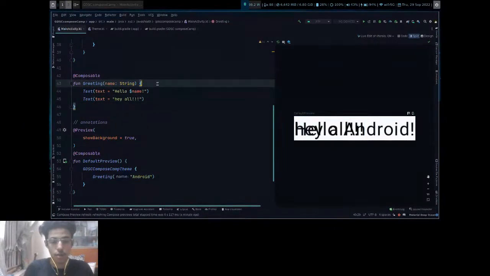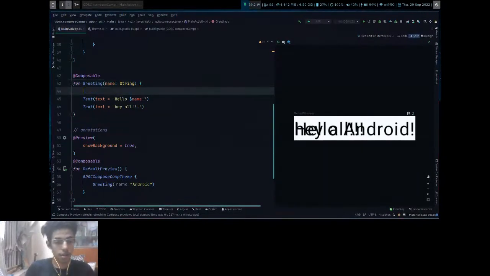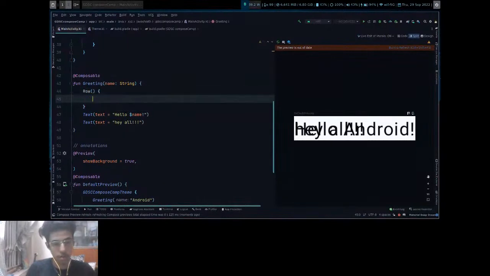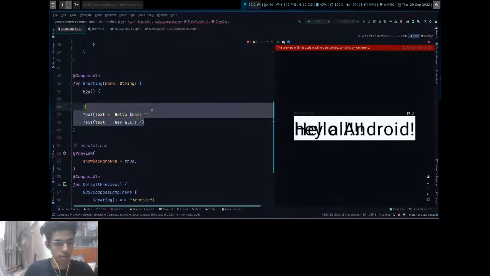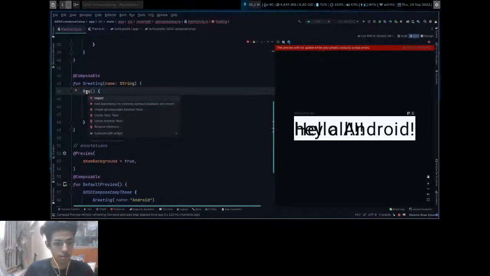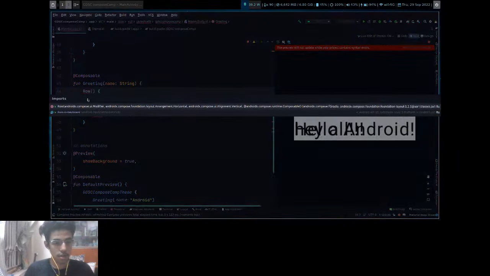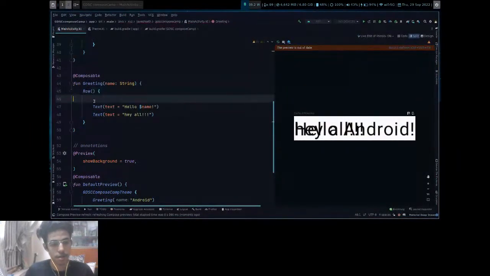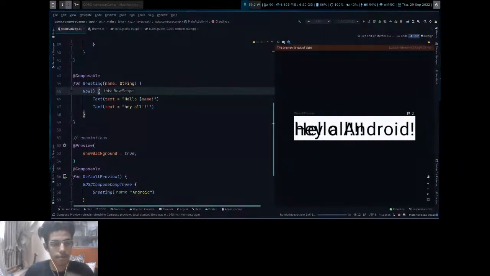Okay, so what to do? Now I wanna display them next to each other. If you wanna display them next to each other, you will wrap them into a composable called Row. So I'll just import it. So what will happen now? I add it into the Row.